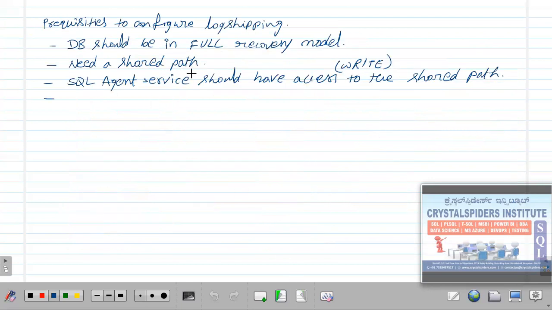So here the SQL agent service is on the primary server. In a similar way, here the SQL agent service from the secondary server should have access.